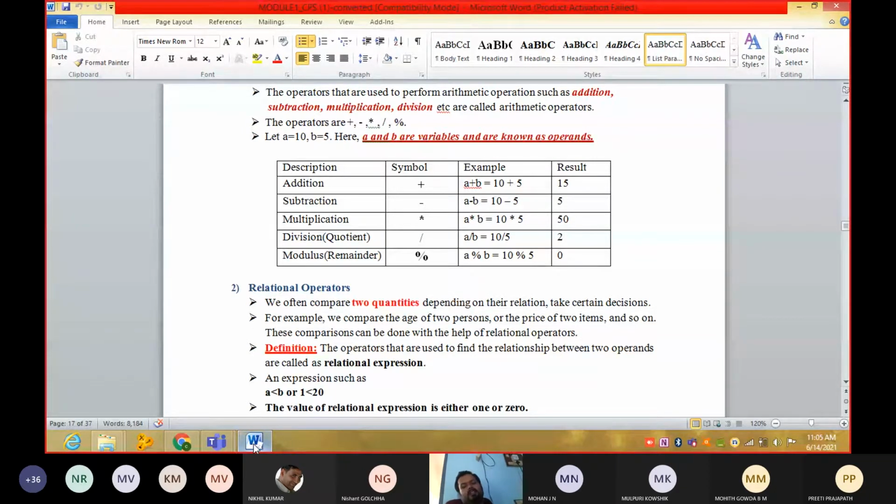Guys, in the Saturday class, we had seen what is an operator, what is an operand, and what is an expression. And we had seen these three. First one is arithmetic operators, then relational operators. Relation means we are going to check the relation between two things.